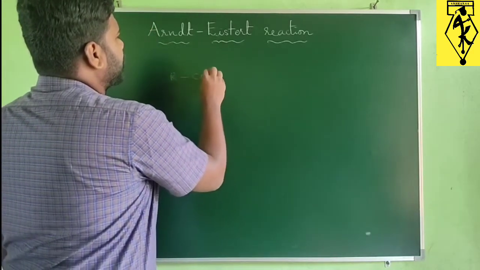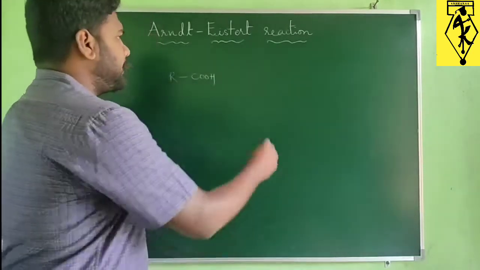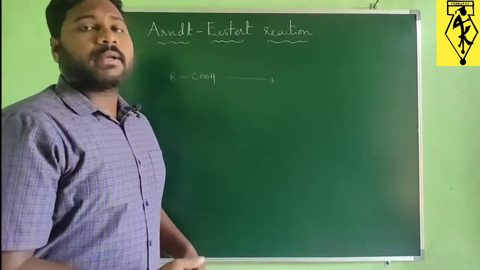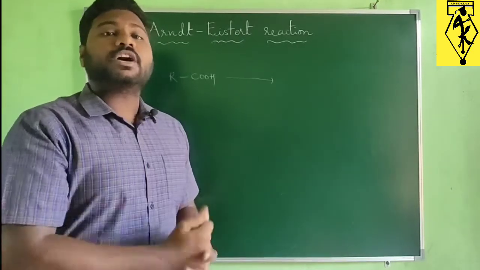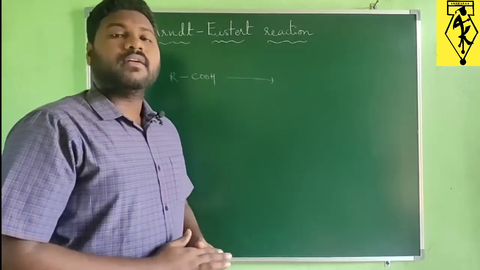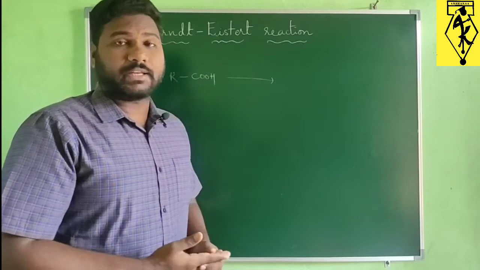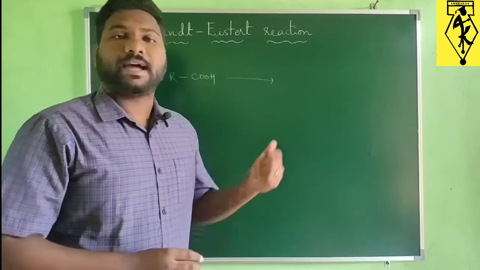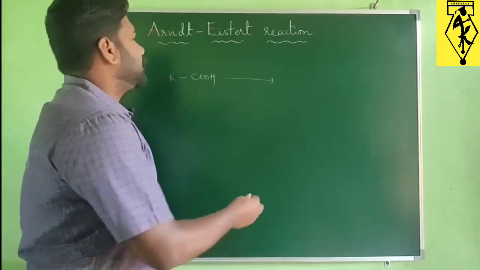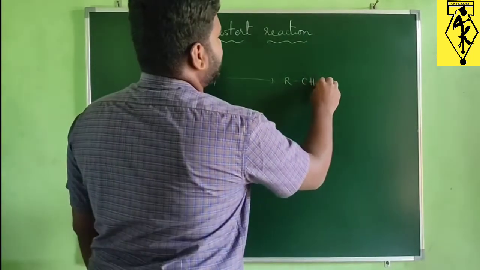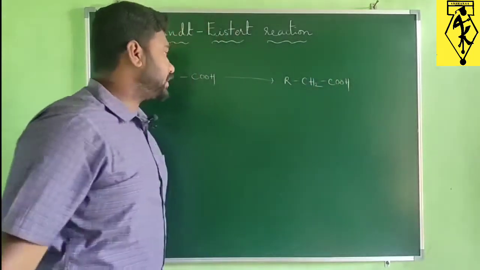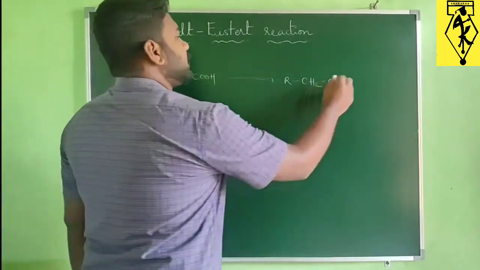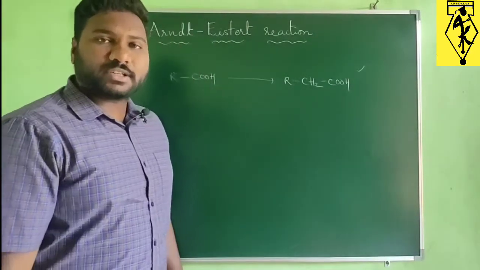Let us take a general carboxylic acid, R-COOH, under some reagents like chlorinating agents such as thionyl chloride, or we can take PCl3, and excess diazomethane we are using. After that we can irradiate with photoenergy or we can heat, and finally that substance is going to react with water to give that higher homologous carboxylic acid. So here just insertion of a methylene group takes place. We inserted the methylene group between the alkyl group and this carboxylic acid. So this is the general representation of the Arndt-Eistert reaction.